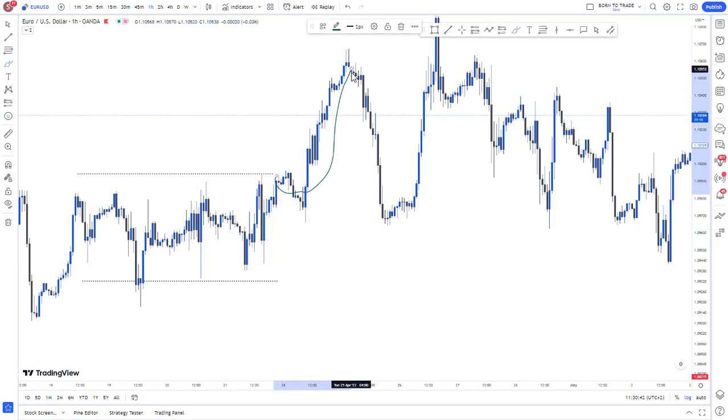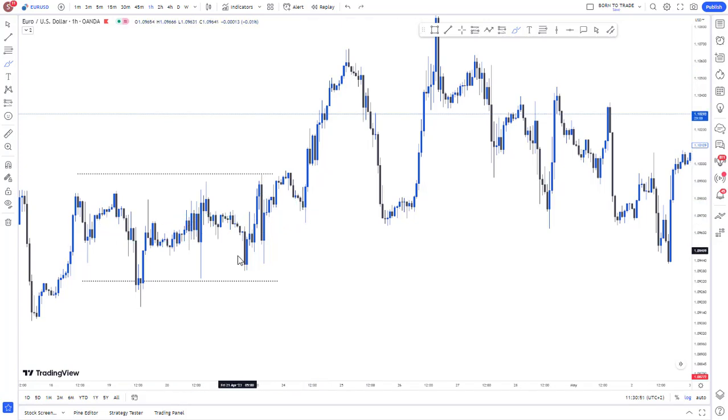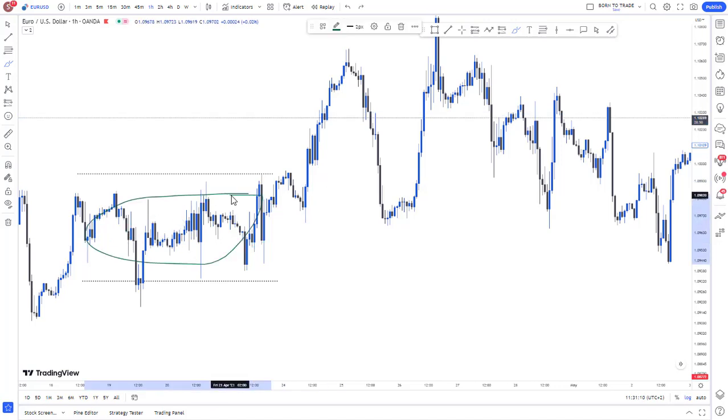The expansion out of that area tells you that there is more demand in the market. So like I said, there is no inefficiency right here. If you look closely, check and see if there is any inefficiency right here. I know you know how to identify imbalance. If you don't know how to identify an imbalance, check out other videos where I explained how to identify an imbalance. So there is no imbalance at this area, so I won't be looking to trade from